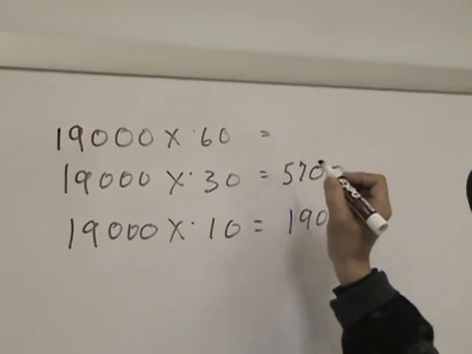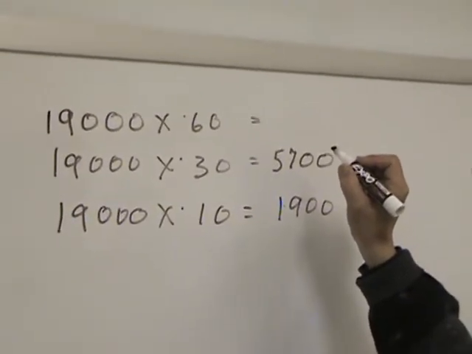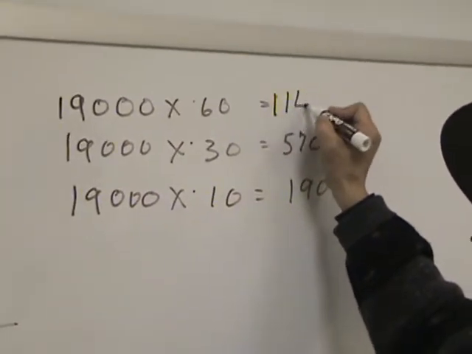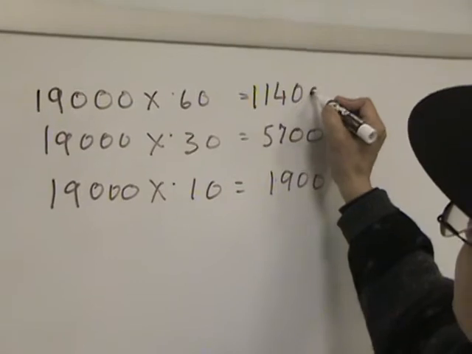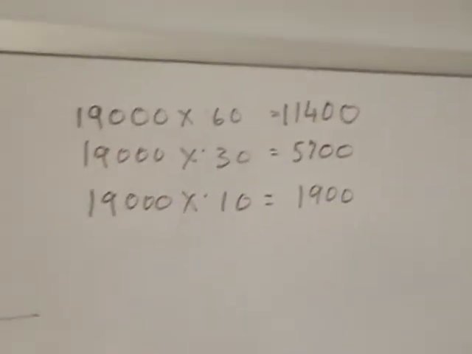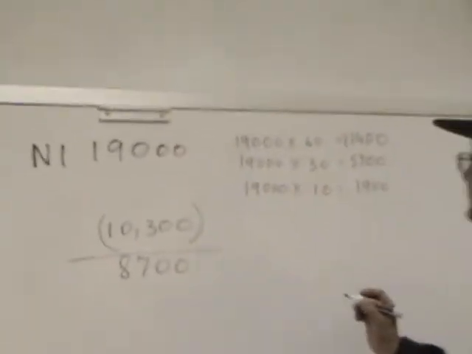Let's see now. 6 times 19 is what? 60 and 54. 11,400. You sure? Yeah. She's doing it on a calculator. Good. Now make your journal entry, which is going to be debit income summary.